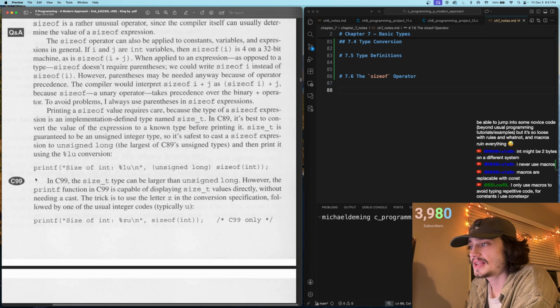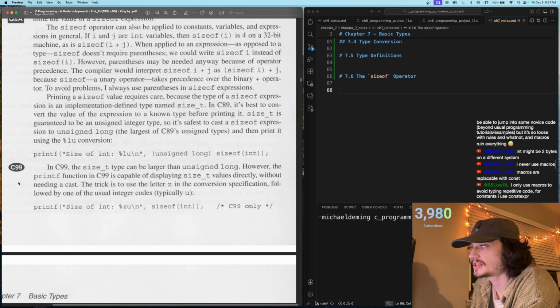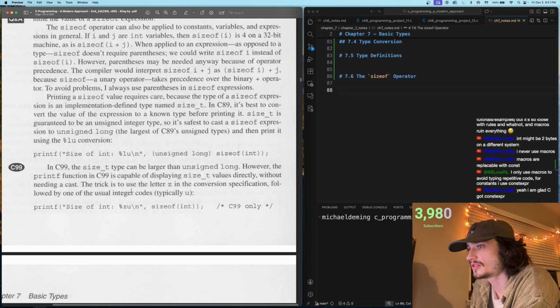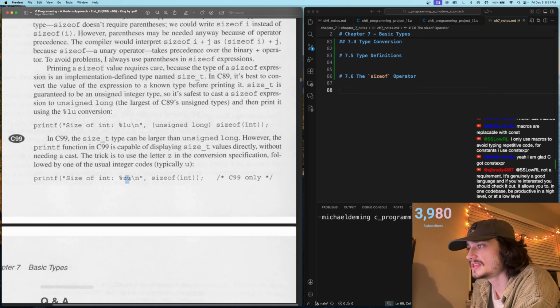In C99, the size_t type can be larger than unsigned long. However, the printf function in C99 is capable of displaying size_t values directly without the need of casting. The trick is to use the letter z in the conversion specification followed by one of the usual integer codes, typically u. printf("Size of int: %zu\n", sizeof(int));